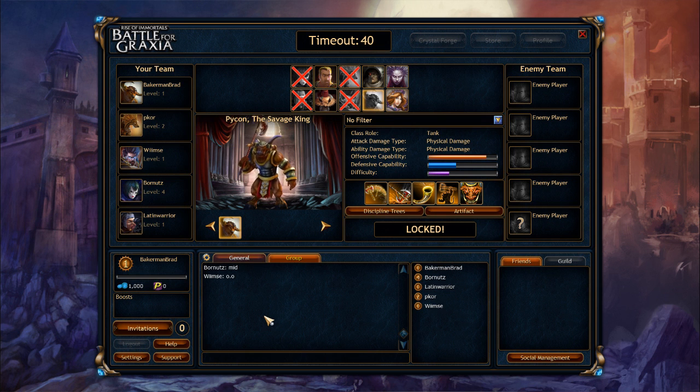I am going to be choosing Pycon, the Savage King, who is a tank, all about physical damage, as you can see in the stats there. This is the character selection screen, and you can select the characters you have available if you have purchased any with in-game credit or the experience you get by playing games. Or you can choose from this group right here, the free-to-play cycled through characters. So I chose Pycon because he's available. But let's get started as the